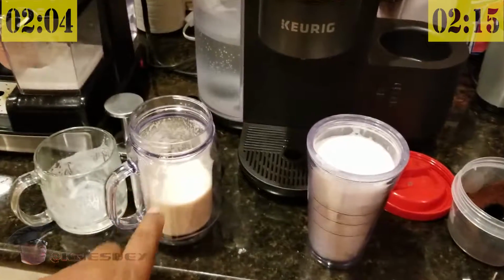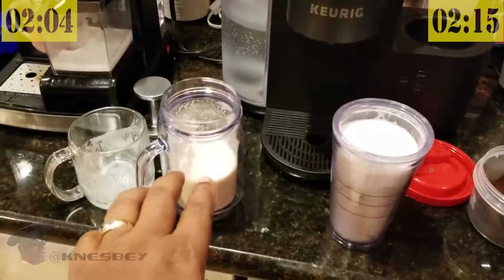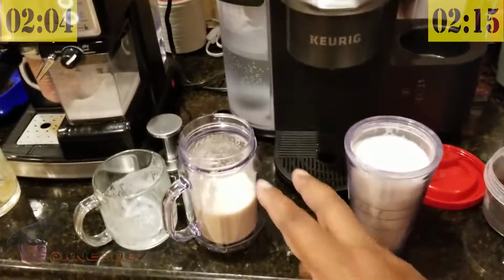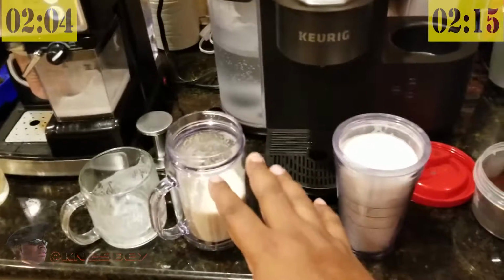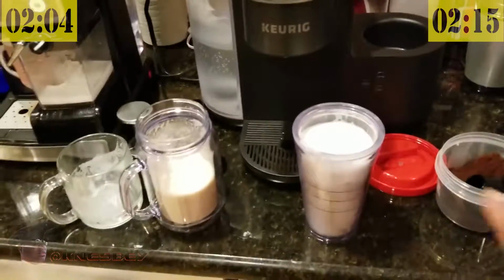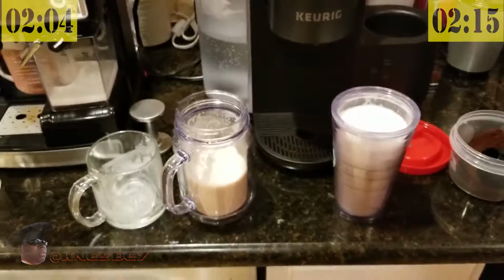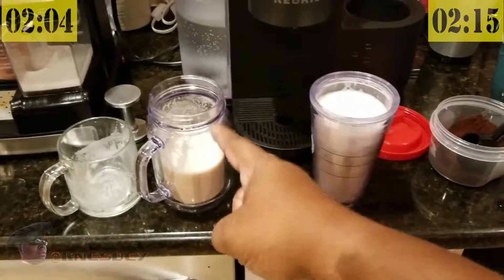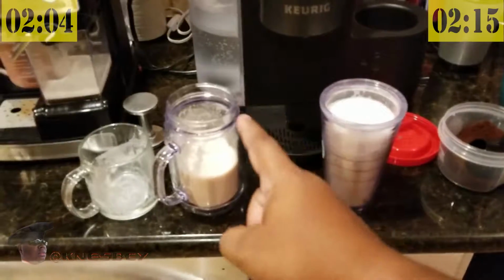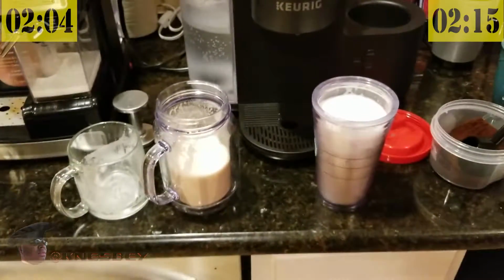Actually, I prefer this one over this one this time, taste-wise. So finally, we got a test where the taste actually is a little bit better. Not by much, just a hair better. If I only had these two drinks and not taking into account all the other ones, just these two drinks to choose from, I would definitely choose that one over this one. This one tastes a little bit better. Although with the caveat with that, I'd want a couple more ice cubes just to cool it off a little